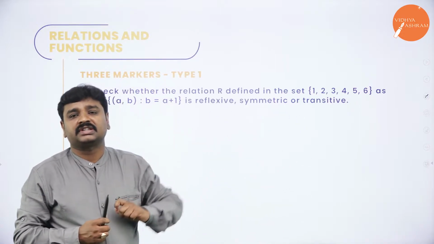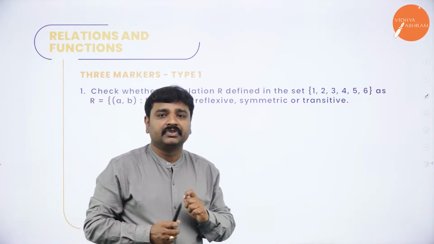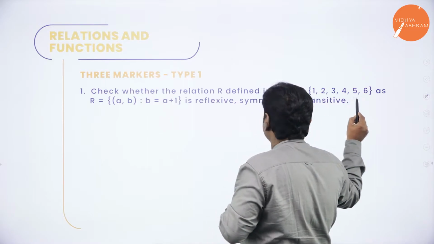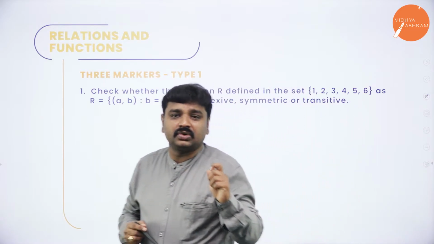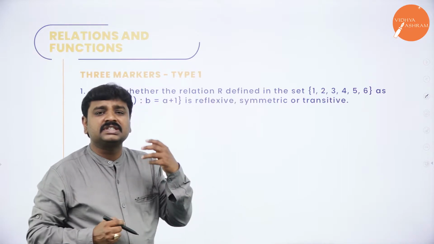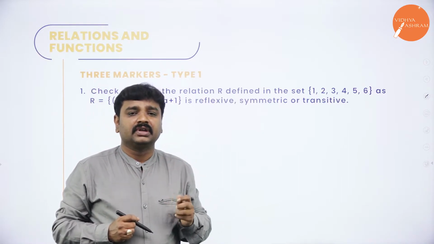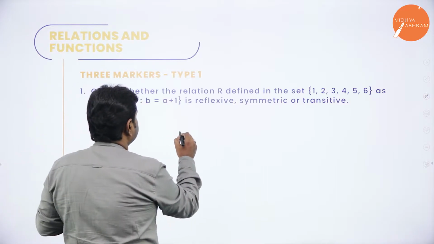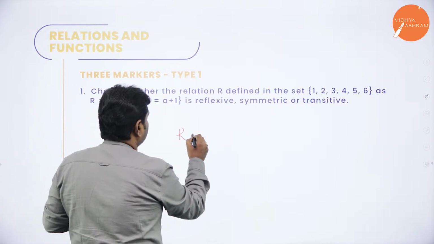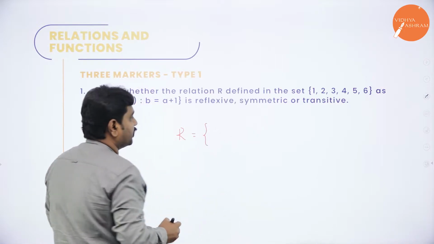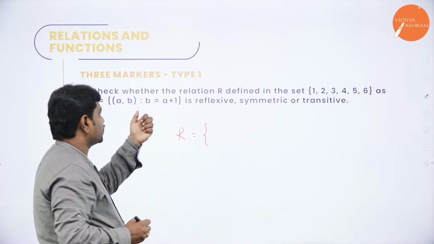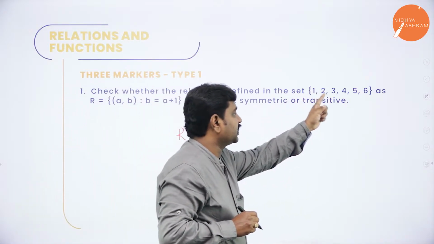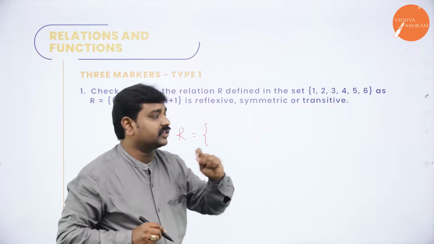In order to check whether it is reflexive, symmetric and transitive or not, first we will build the relation. Here the set given is a finite set. So, it has exactly 6 elements. So, it is easy for us to write the relation. First, the simple solution starts with writing the relation. Let us write the relation. So, R is the set of ordered pairs (a, b) such that b = a + 1. I have to select a from this set. Select the first coordinate from this.